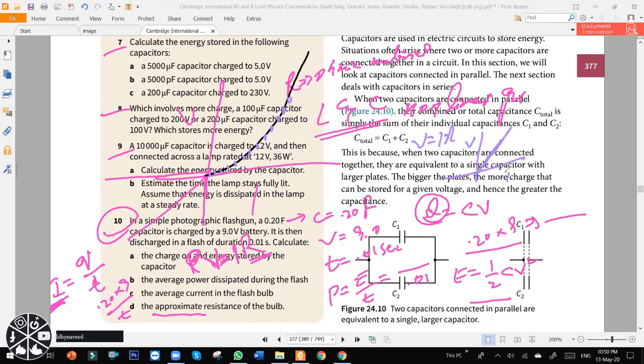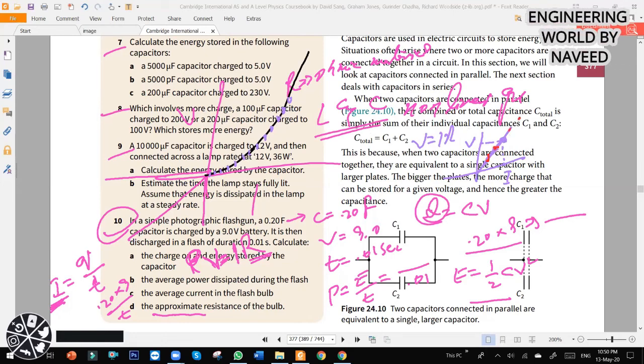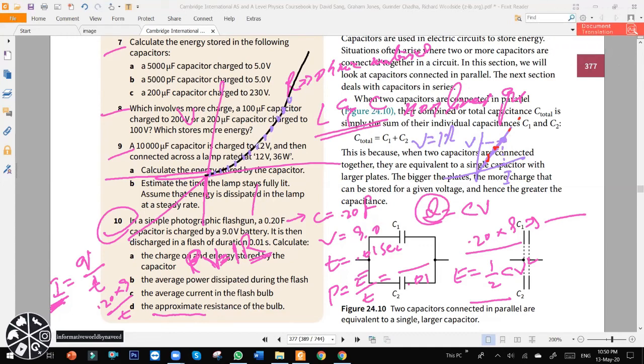This is V, this is I. If you want to find the resistance, you will take only one point, and at that point you will find the resistance. Let's say I am taking this point. Here you will take current, and here you will take voltage, and put those values in this equation. So you will get the resistance, and that resistance will remain the same at this point. But in this case, the resistance is changing. Resistance is variable, so you will take lots of points like this, on a small scale. If you see over here, the line is straight in these two points.